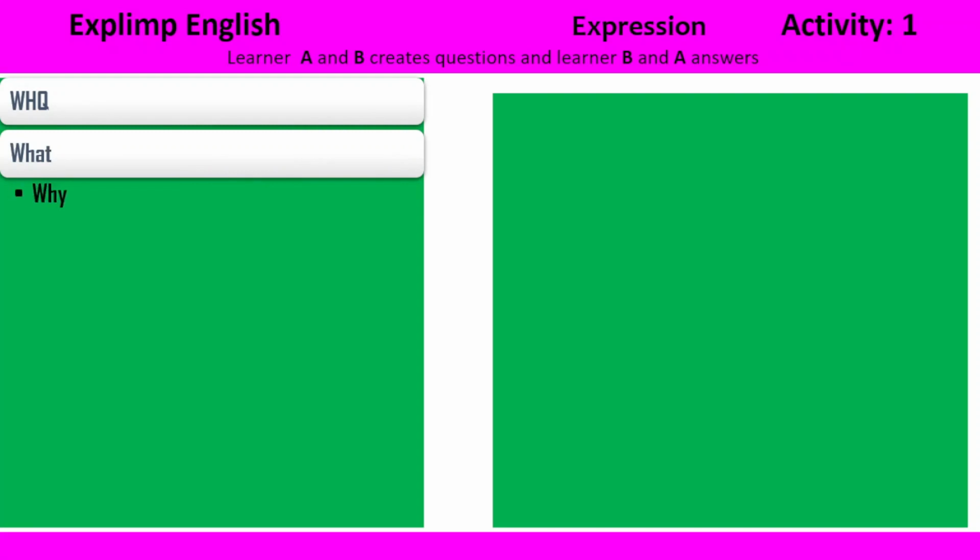And with what, you can also ask the question why. For example, you could also ask a question, what would you like to do? So you can say, I would like to practice English. Now, I could also ask you the question, why would you like to practice English? Well, I would like to practice English because if I don't practice it, I won't learn it, right? So with every WH question, you can use why.